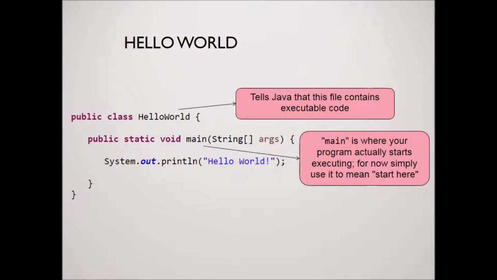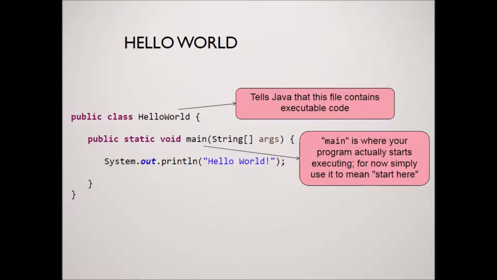There needs to be a main. Actually, this thing's called a method. So it's a block of code. The blocks of code are the things inside of the curly braces. So this is the outermost block of code. It's a method called main, and it's called automatically when you call the program itself. So when the application starts, it looks for main, and then it goes to the first line in main, which